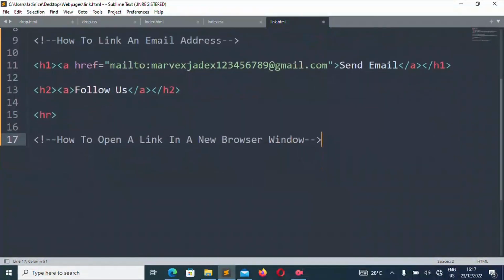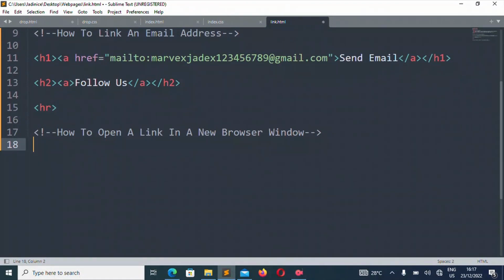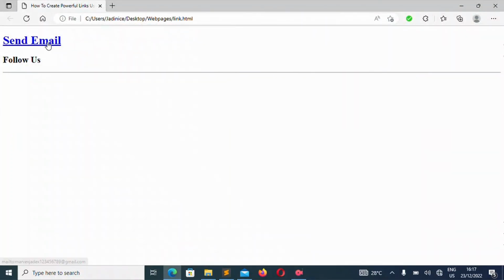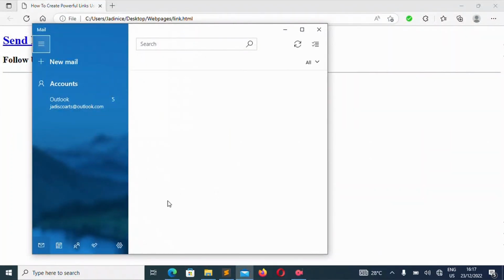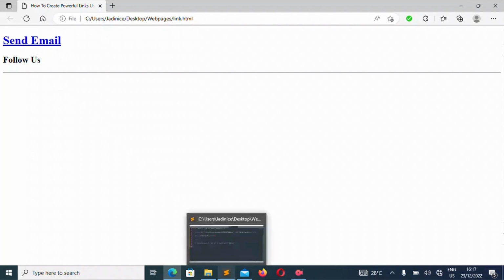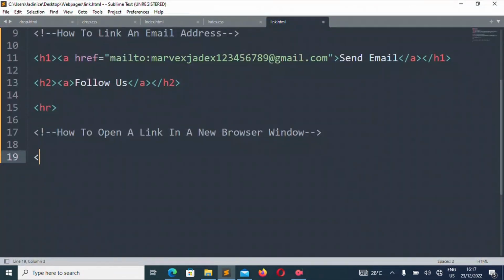So you've seen how to link an email address. Now how can you open a link in a new browser? What does this mean? Now when I clicked on the send email, it brought out this Outlook mail. But if I want to create another email, when I want to create another link, like I use the H3 and then I create a hrefs,